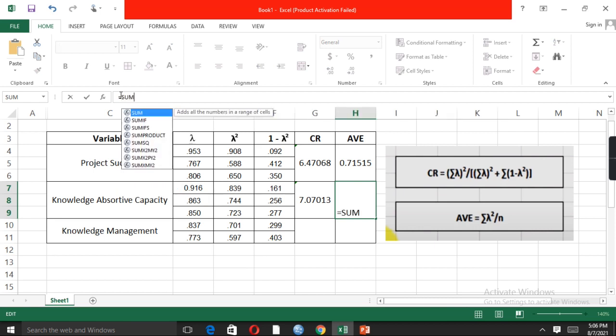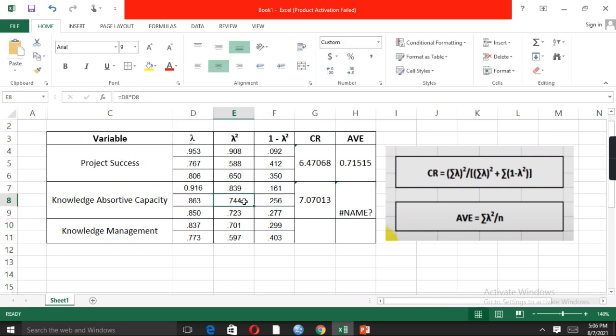Equal sign, summation, these are the values of summation, small bracket, yes, close the bracket, divide by the number of items. So here we are, 1, 2, 3 items, just divide by 3.